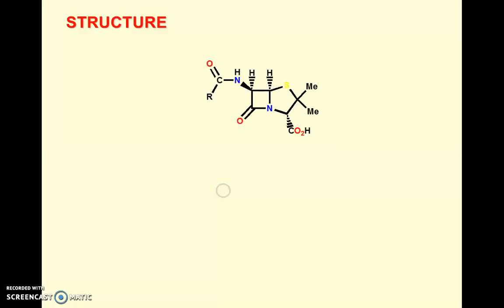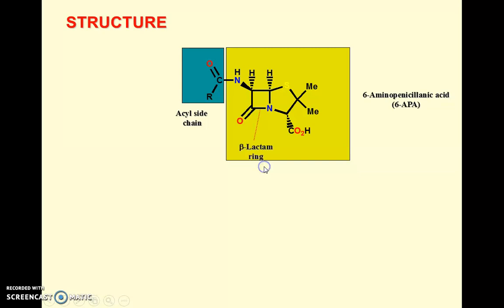So in this we will see, in the last part again we had seen the general structure of the antibiotic, in which there is a thiazolidine ring and beta-lactam ring and acyl side chain. This is the beta-lactam ring, 4-membered ring. Then this is the thiazolidine ring, 5-membered ring, which are fused together, and this completely is called penam.